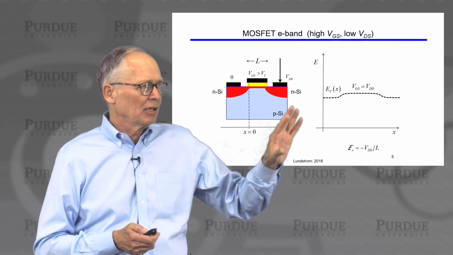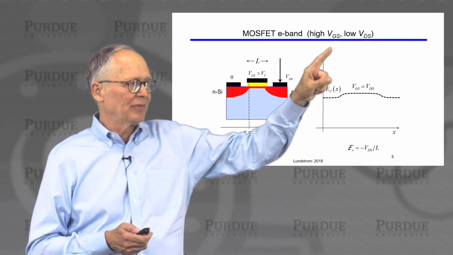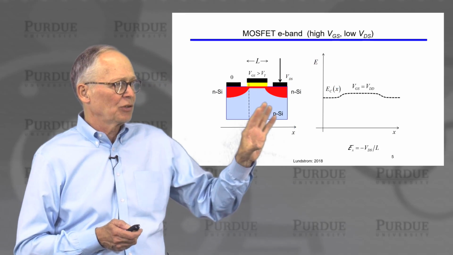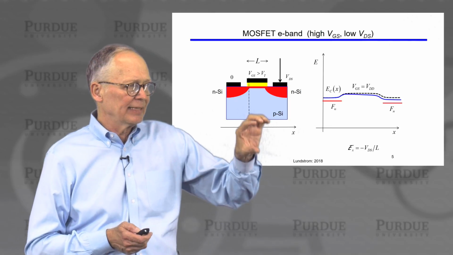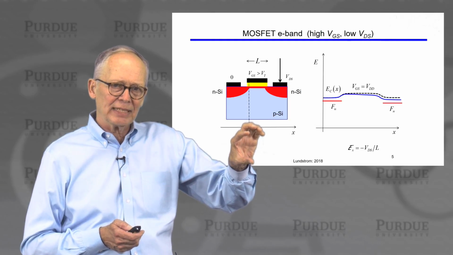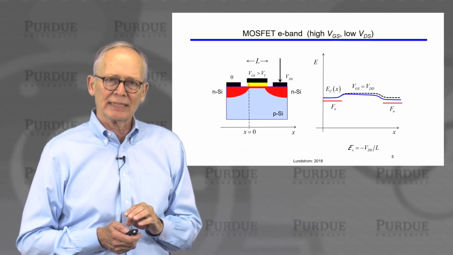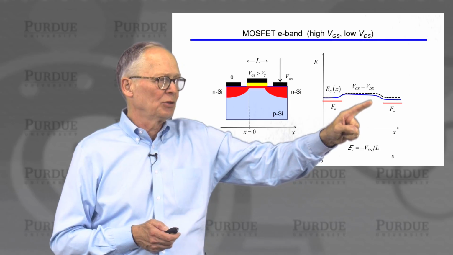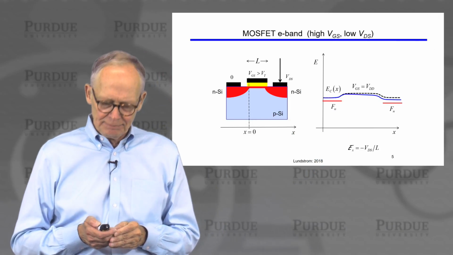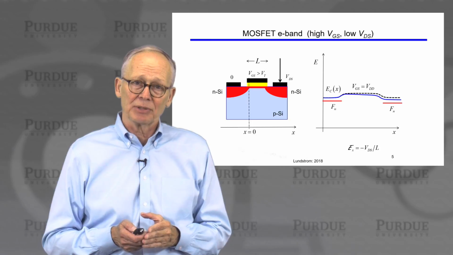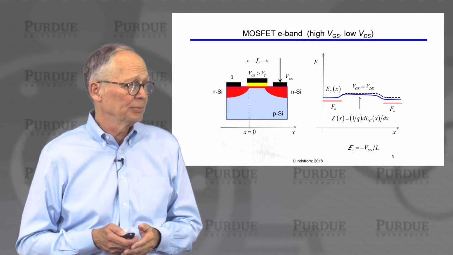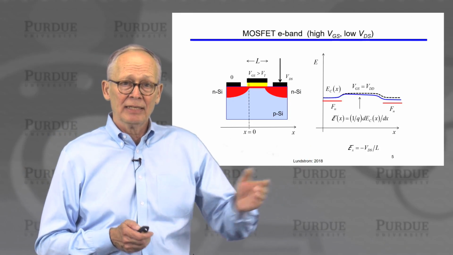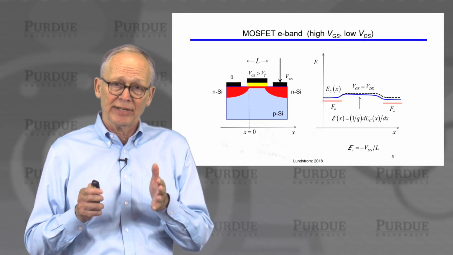All right, so now let's look at the device where we have a high gate voltage, we're above threshold, but we have a very low drain voltage. We saw that when we did an energy band diagram, in this case, we pulled the Fermi level down in the drain. So now we call it a quasi-Fermi level because we're out of equilibrium. We pulled everything down so that we had a small slope of the energy band diagram in the channel. That means we have a negative electric field in the channel because we have a negative slope. And that negative electric field is simply the voltage between the drain and the source divided by the length of the